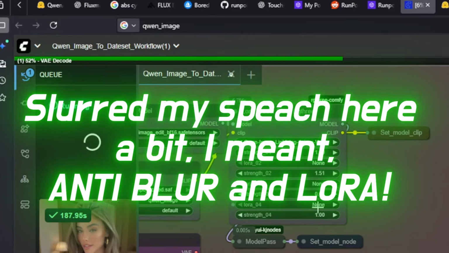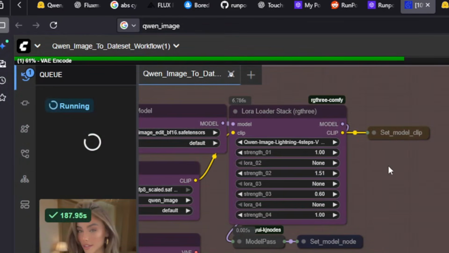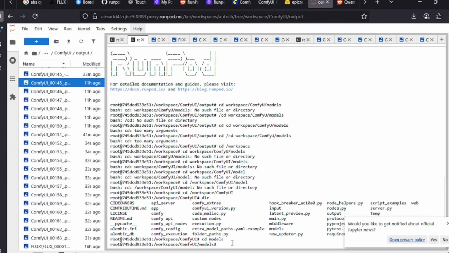I don't really use too many LoRAs here. That's great about it, but maybe an anti-blur. I'll try to see what kind of LoRAs we can get, or put in an image edit that will help. I do know the 4 steps probably takes away from the quality a bit, but it does make it a lot faster. So just input it here anywhere.